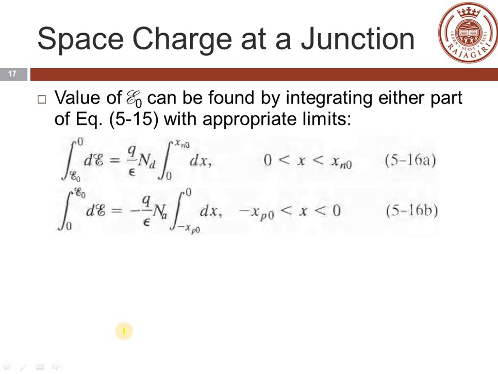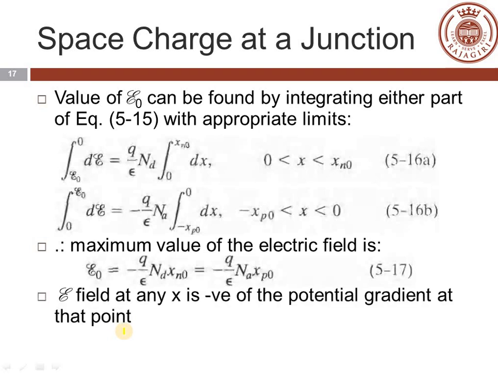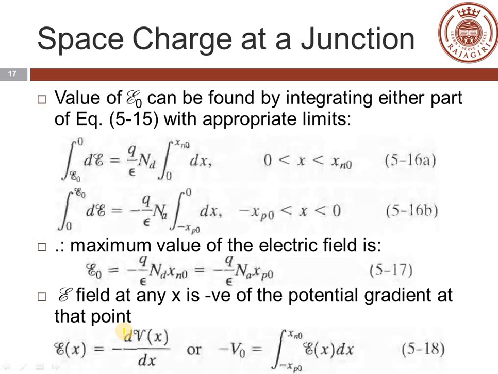Once you integrate, we get E0, the maximum field, as E0 = -qNd xn0/epsilon = -qNa xp0/epsilon. Now the electric field at any point is the negative of the potential gradient at that point. So E(x) can be written as -dV/dx, the negative gradient of the potential at that point. Rearranging this equation and integrating it,